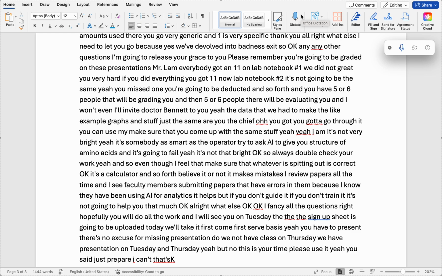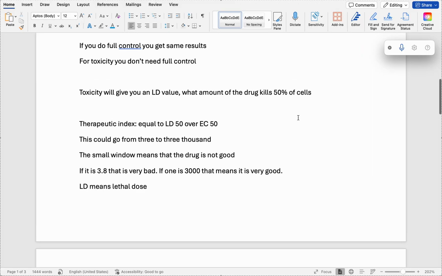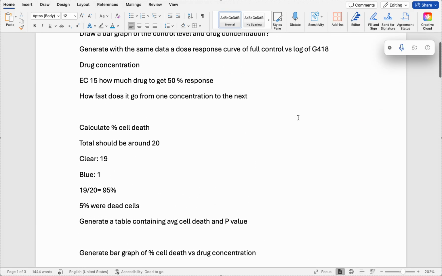So we're presenting separately, but we have the same information? Yeah, you're gonna use the same information, but you and your partner will write it separately. You don't clone, I know if you just copy each other. Your conclusion is gonna be different, it's not gonna be the same. But the figures are all the same data. Same data, yeah. But remember, don't copy. Your conclusion is not gonna be the same. Can we share figures or not even